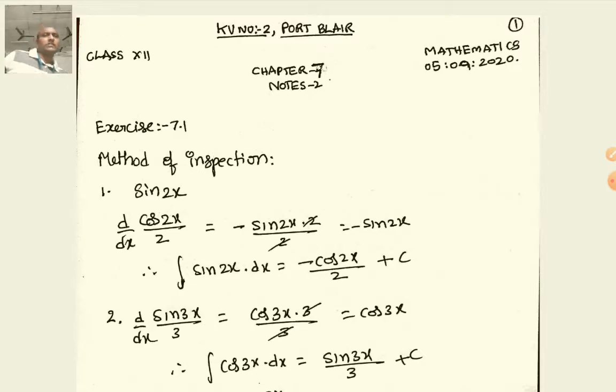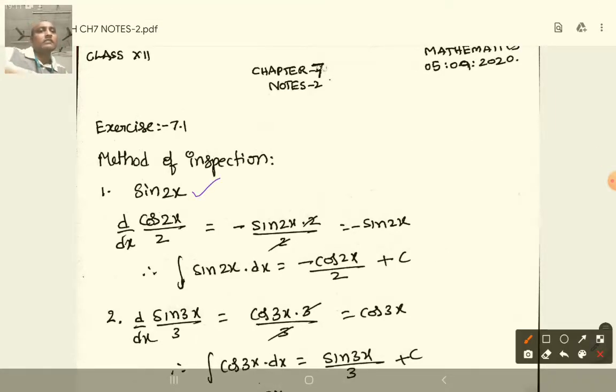And the first question of that: by the method of inspection, find the antiderivative of the following functions. What is the first question? It is given sin 2x. How to find the antiderivative of sin 2x